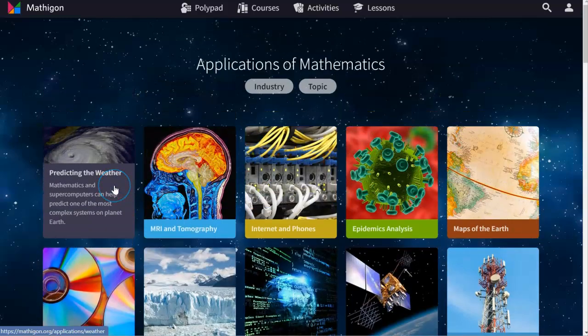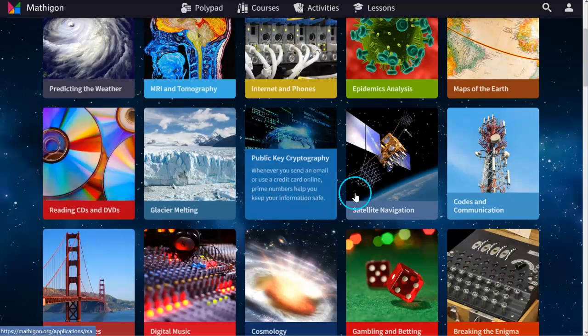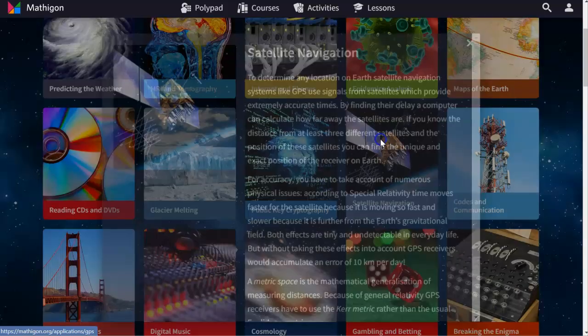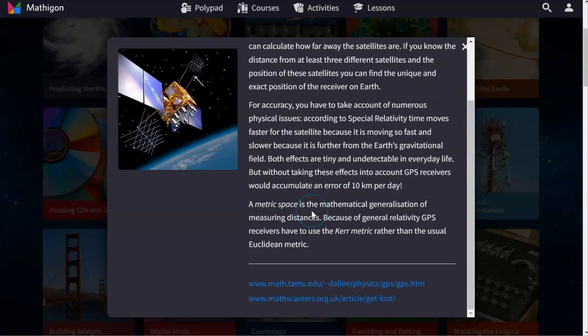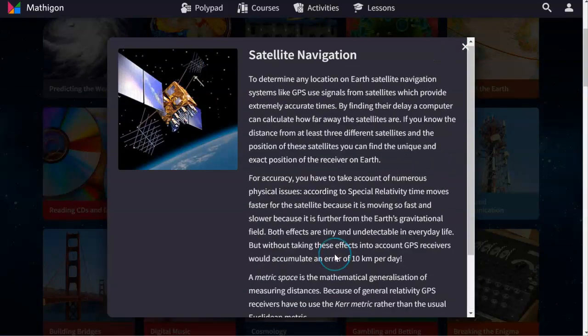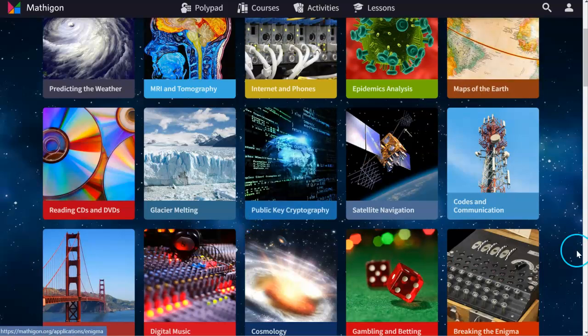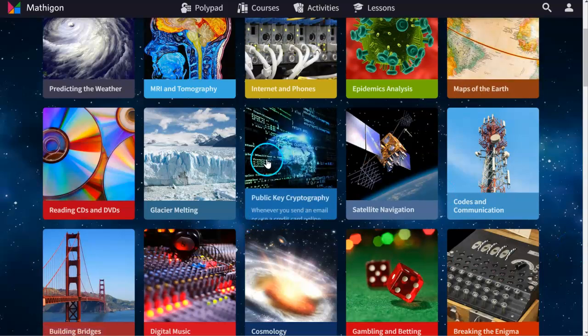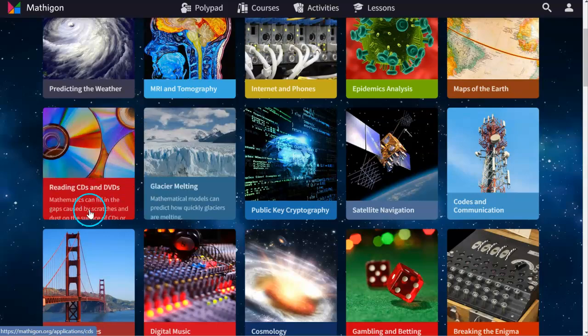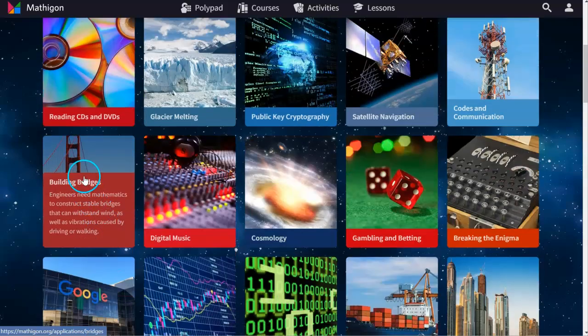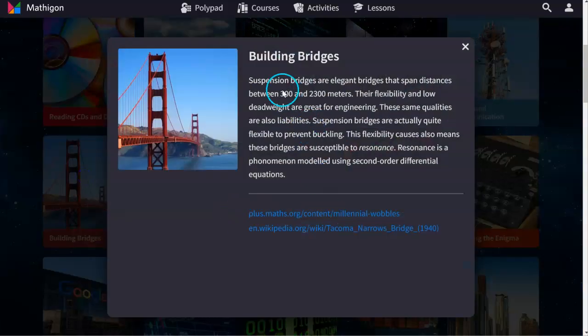And these all talk about mathematics in the real world. So maybe they care about satellite navigation. So they can come in here and read about it, and there's actually links out to more articles. They are welcome to go there too. I asked them to take a screenshot of the one that they chose, so they could take the screenshot out here if they want, or they could take a screenshot when they get in here. Building bridges is fun. And this is a bridge, and then they can click here and here to go out and get more information about